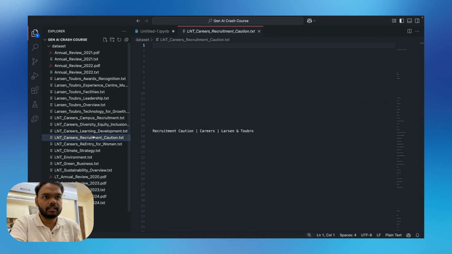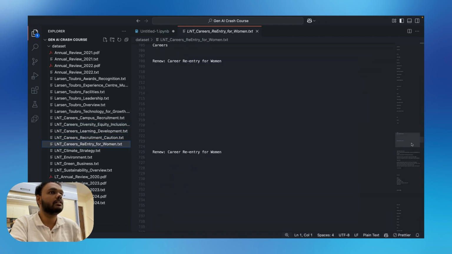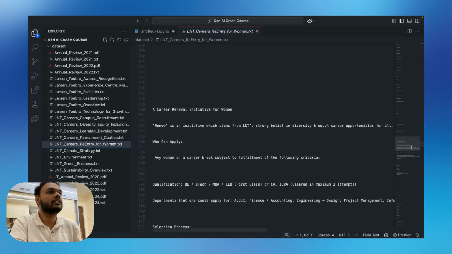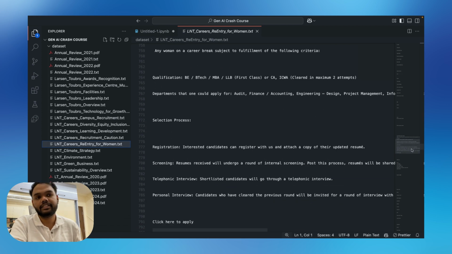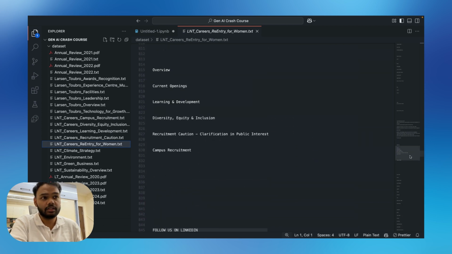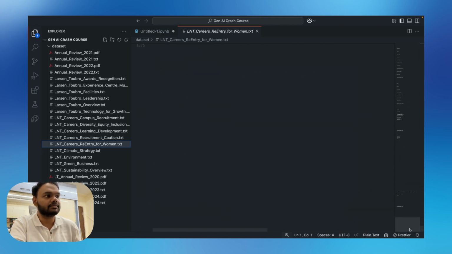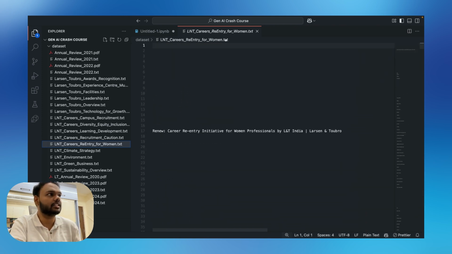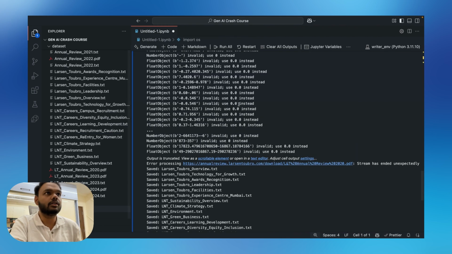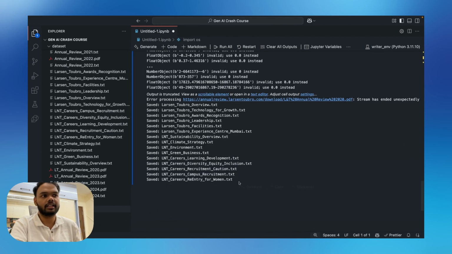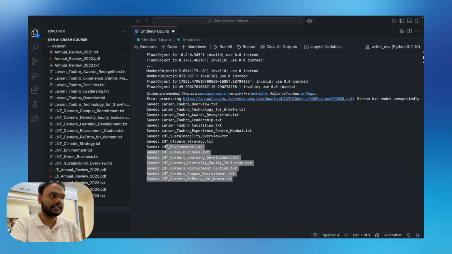Let's take recruitment caution or re-entry for women. You can see that we do have data here, but it is spread out because of the web page layout and all. So we need to do some cleaning up as well before we do any chunking. Okay, but the good thing is we are able to extract all of this data and store them as text files. Now let's go on to the next step,